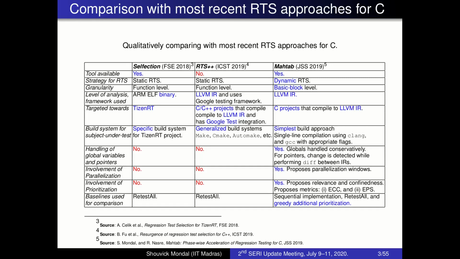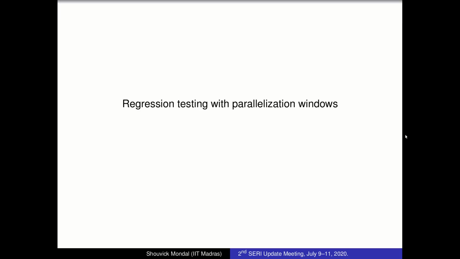If we have 10 failures, the optimal prioritization is that the first 10 test cases should fail. Now how far is my prioritization from the optimal one? That involves a notion of distance, which we'll see soon. The baselines for comparison are greedy additional prioritization, retest tolerance, and sequential implementation.